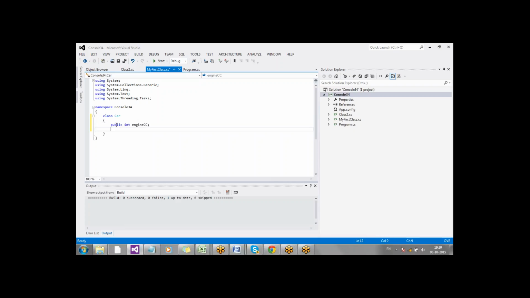Fine. And let me add one more attribute or field called public string color. Fine. So these are, you did not create a class of Car. I have created it, right? Class Car.